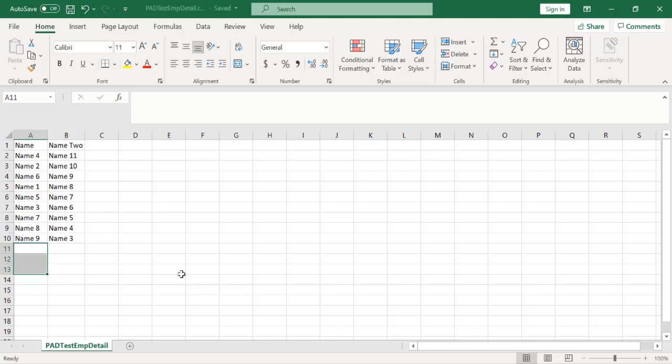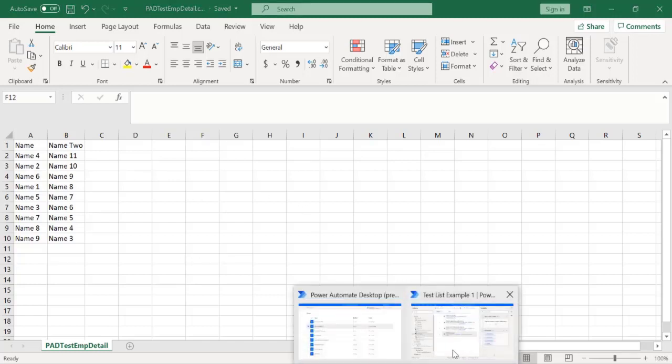I'll just save it. So as you can see here, what's the difference between the two columns? Here, name 1 is not here, while name 5, 4, 3 are here also. So which are the differences? The items which are in the first list and not in the second list. So the new list which will be created after the subtraction will be the remaining ones.